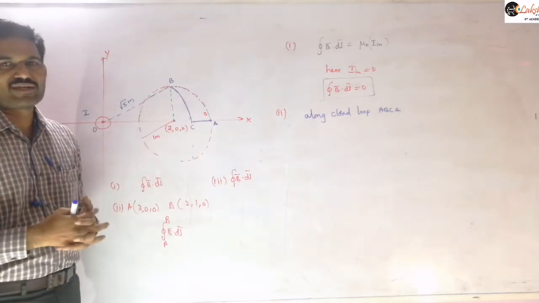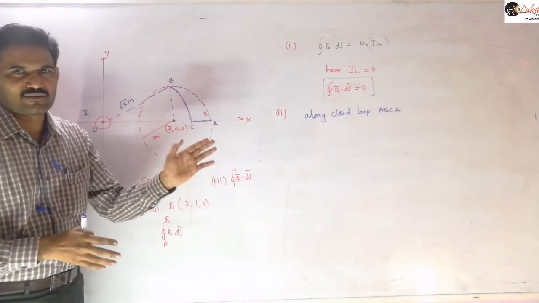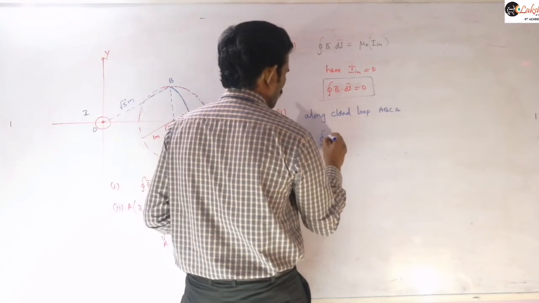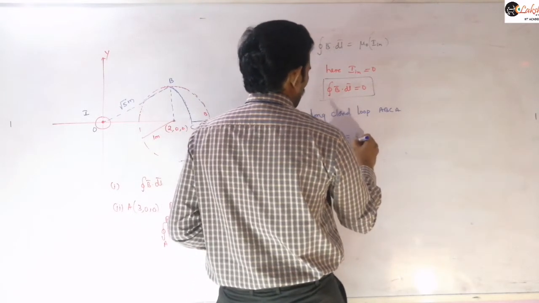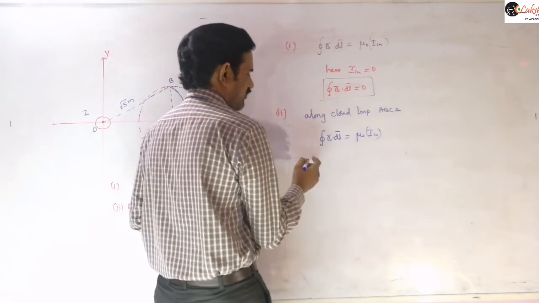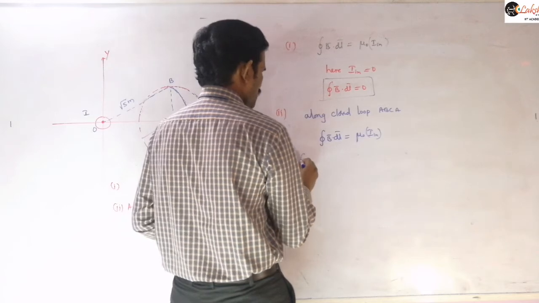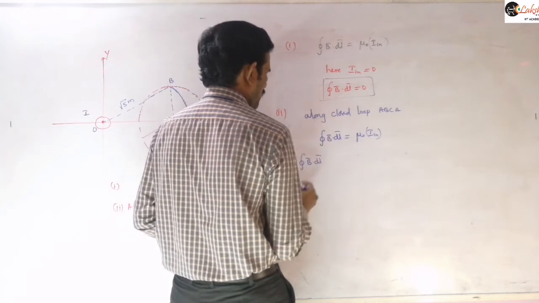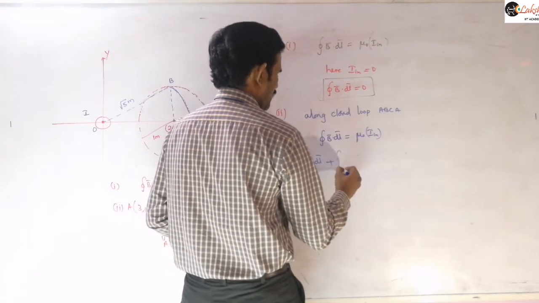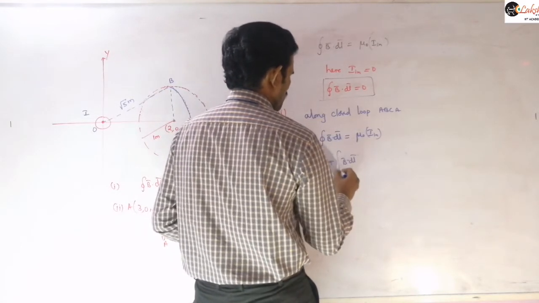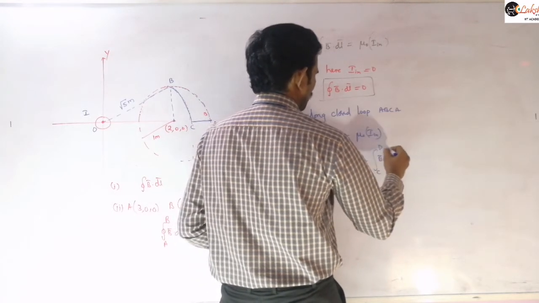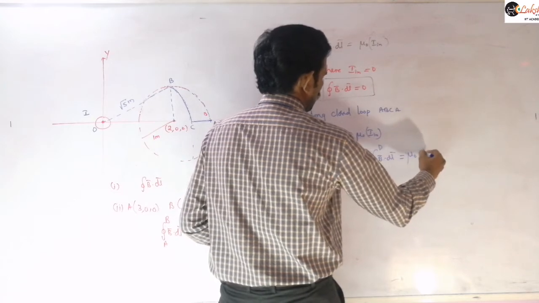Why we are taking the loop like this, I will write the terms so that you can understand easily. For this loop I am applying the integral of B dot dl equal to mu naught into the net current enclosed, right? Now I am expanding this for the closed loop, which you can write as the integral of B dot dl from A to B, which is our required value, plus B dot dl from B to C, plus B dot dl from C to A. This is equal to mu naught into 0.